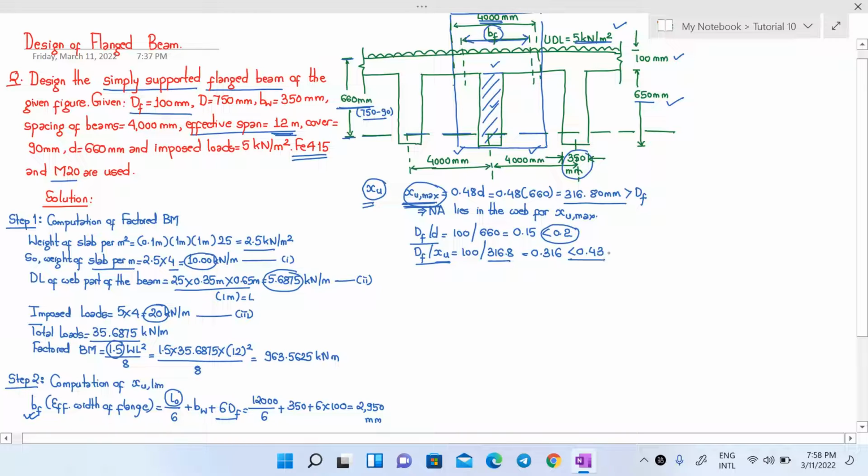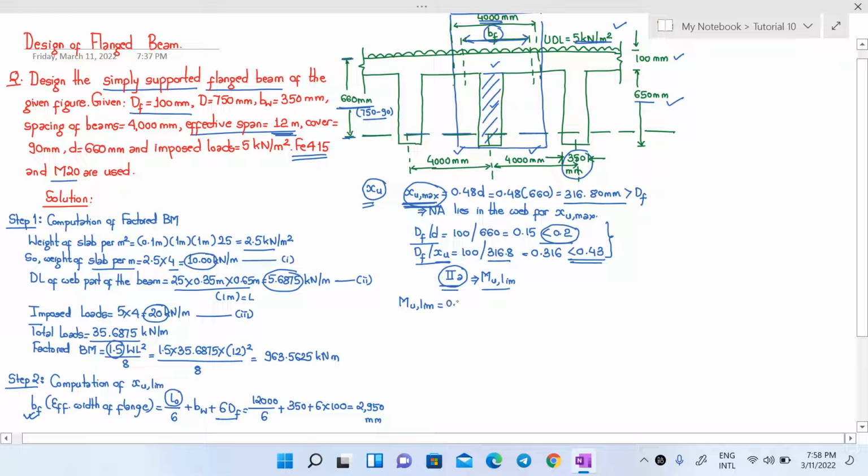is less than 0.43. Hence, if you remember case 2a that we discussed during our classes, we there discussed a formula for finding the value of Mu limiting. Since here both cases have come out to be less than the limiting value, we can use the formula that we discussed in case 2a for Mu limiting, and that formula is given as